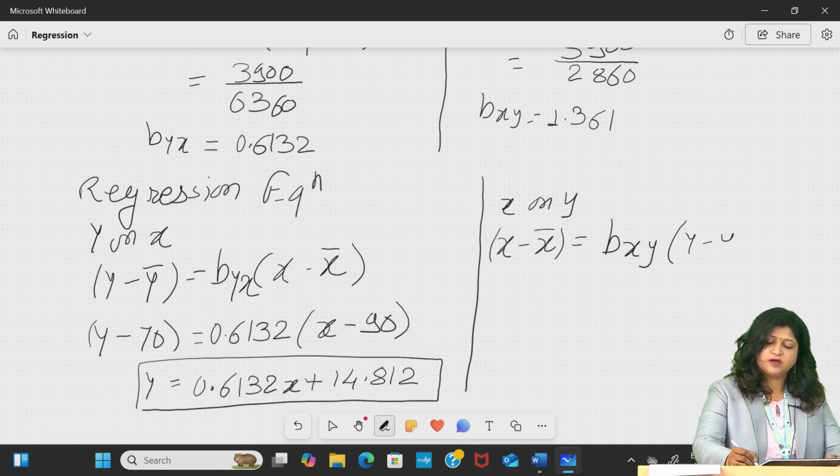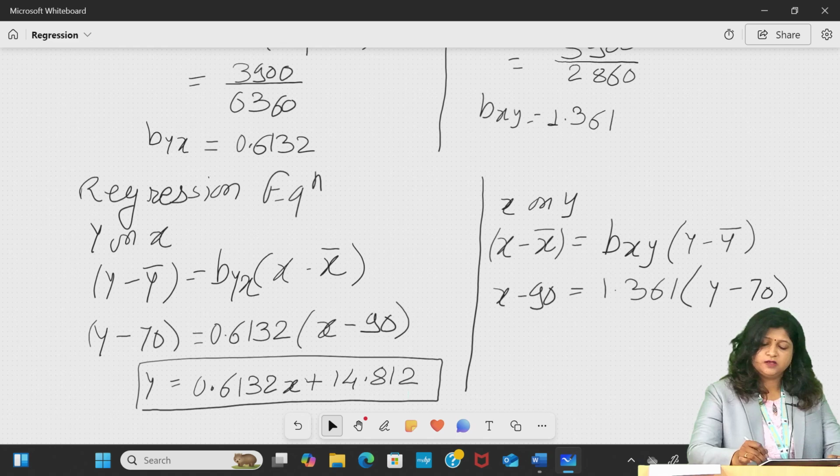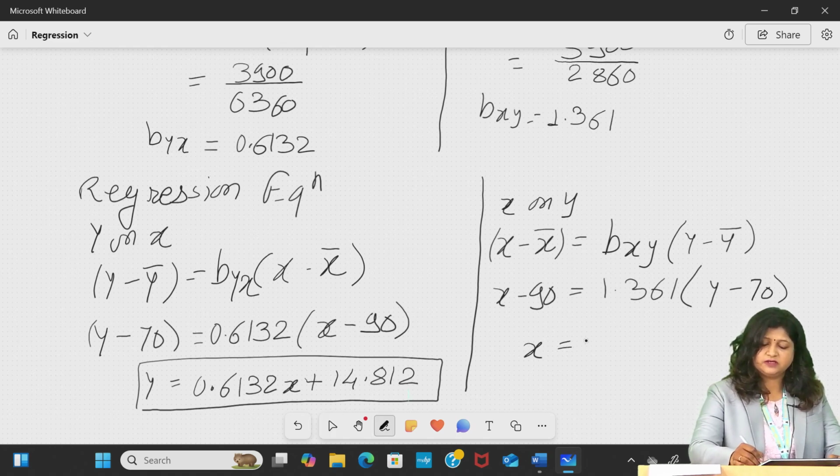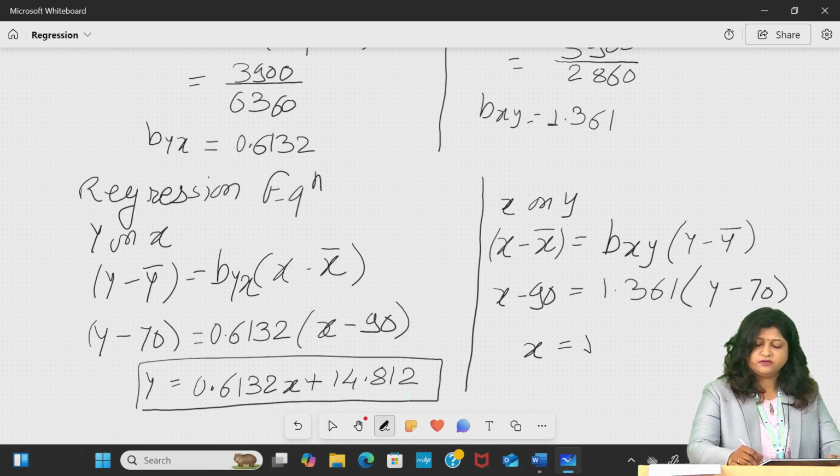So the x bar value is 90, the bxy value we have calculated is 1.361, and y bar is 70. By calculation of this, we get the equation as x is equal to 1.361y